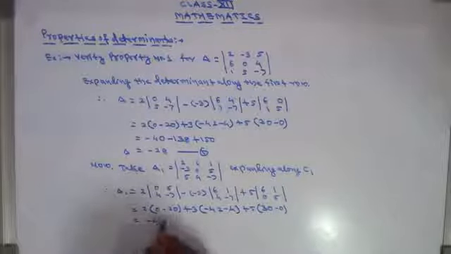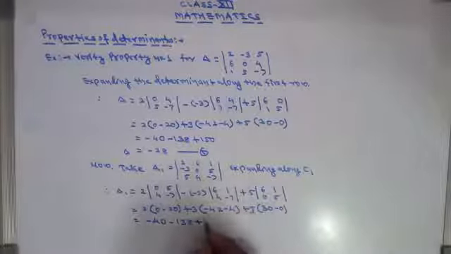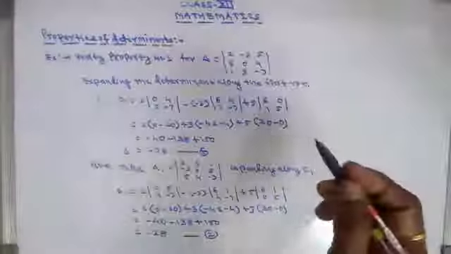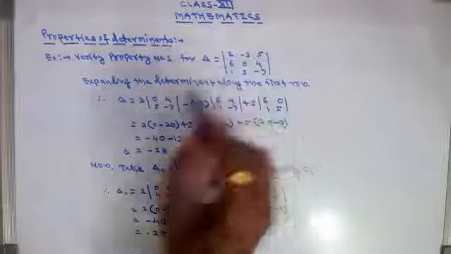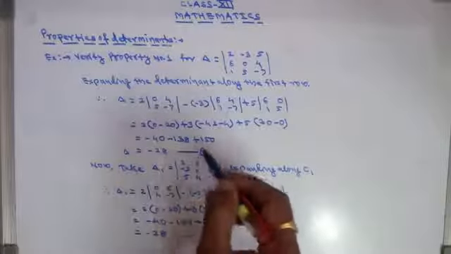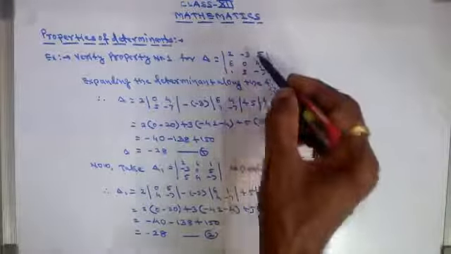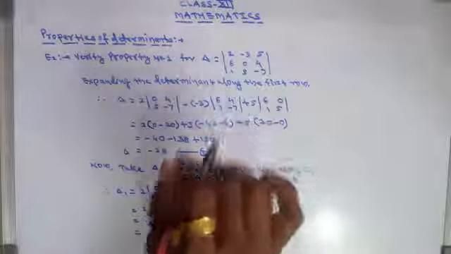So this is minus 40, minus 22, minus 40, it comes minus 46 into 3, minus 138, then plus 30 into 5, that is 150. So again this comes minus 28. So from the above two, I have found the value of this determinant, delta, which comes minus 28. Then I have taken delta 1 by interchanging rows and columns of this determinant, it also comes minus 28. It means first property is verified here.